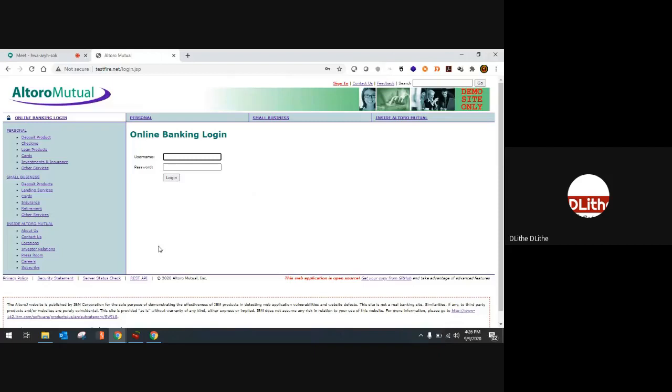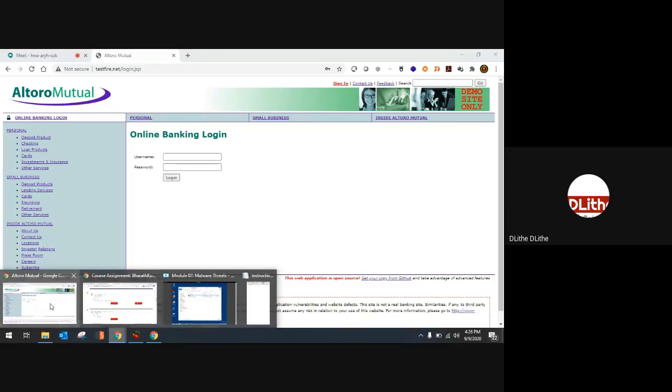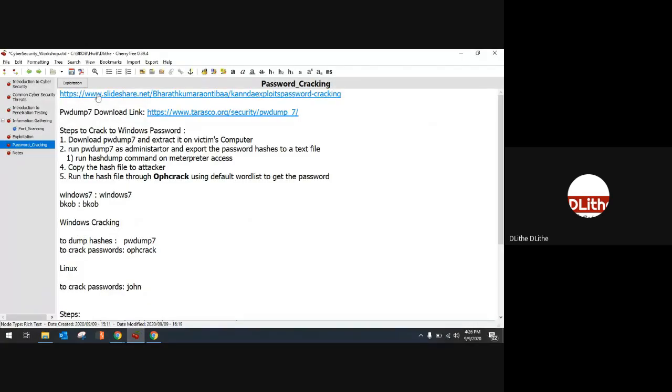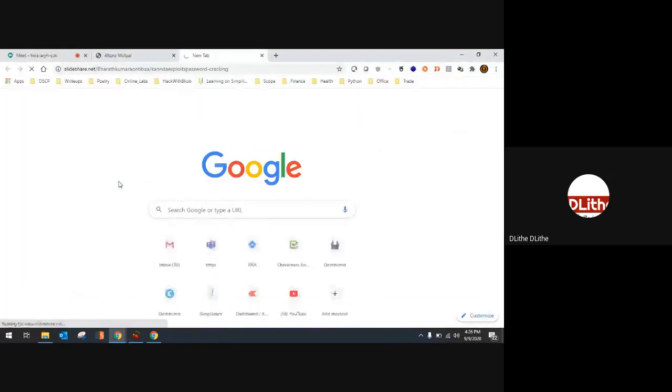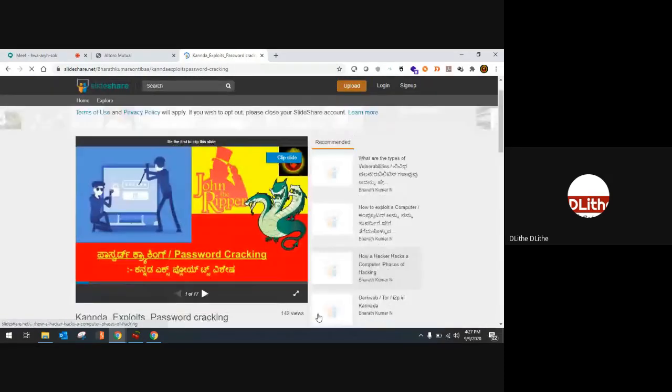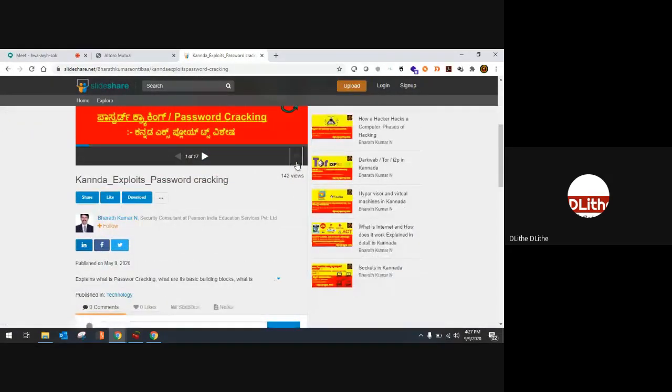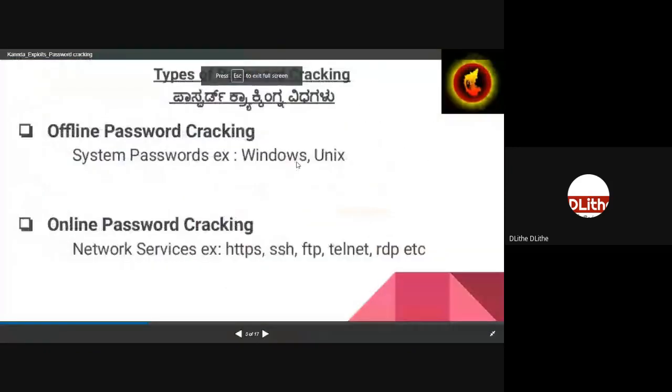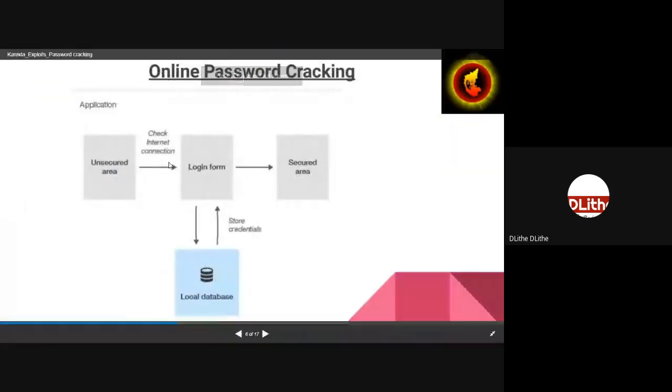Before going into that, let us understand the methodology behind how online password cracking works. The methodology is exactly similar to what we have seen in offline password cracking. If you see how authentication works online, it is similar to offline. The only difference is that online, the victim will send the passwords in an HTTP format.